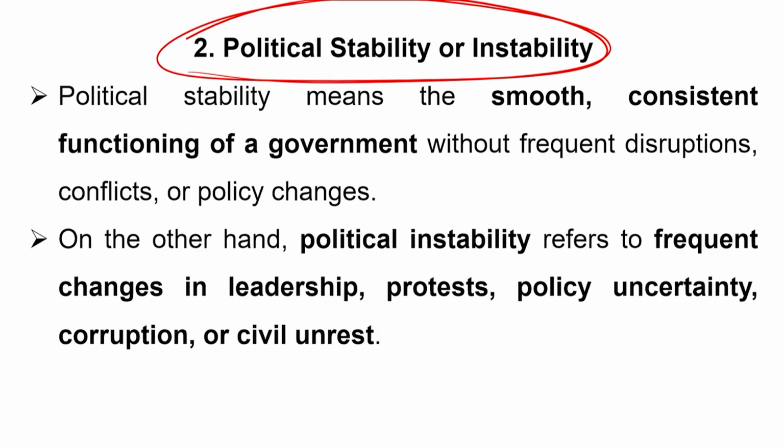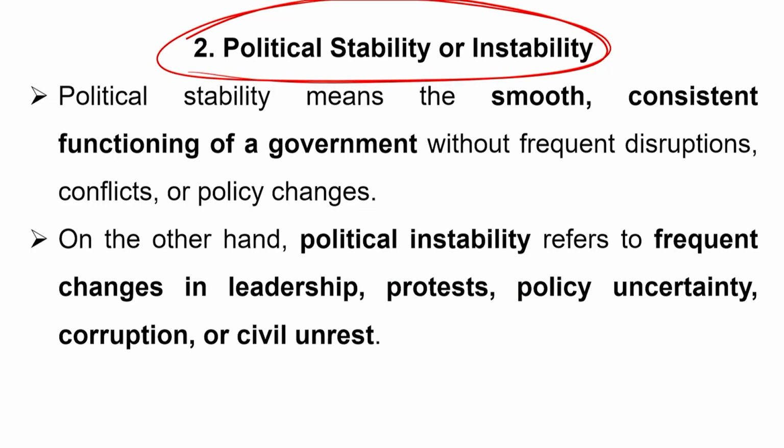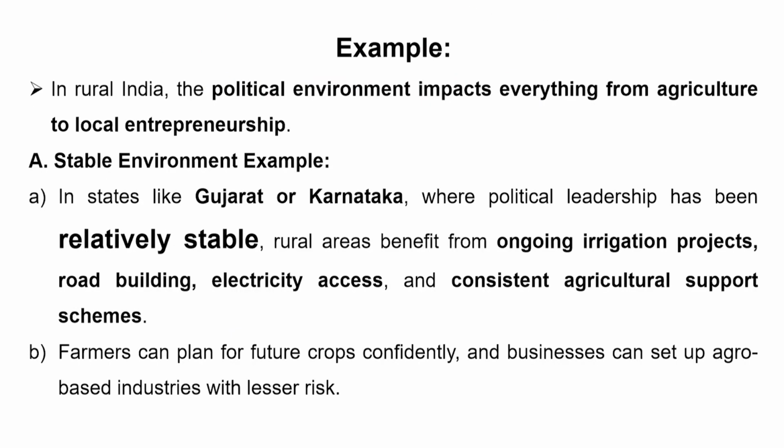Political stability and instability, take it like this. If the government is changing very frequently, any subsidies, anything, a new government will come, and maybe they will change all these rules and regulations. So business will not boom. But when the system is stable, the government is stable, in that case the business has a longer time to survive and can easily understand what kind of procedure they have to follow. So political stability and instability is a very important aspect.